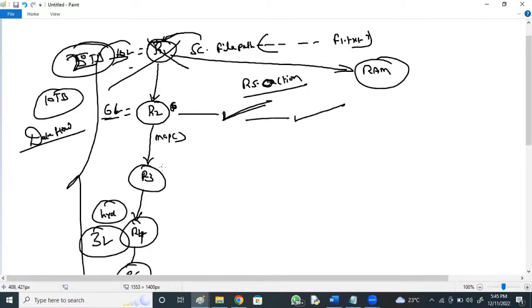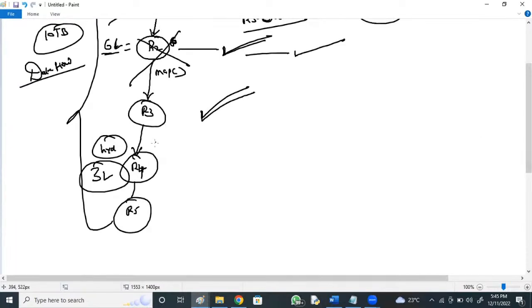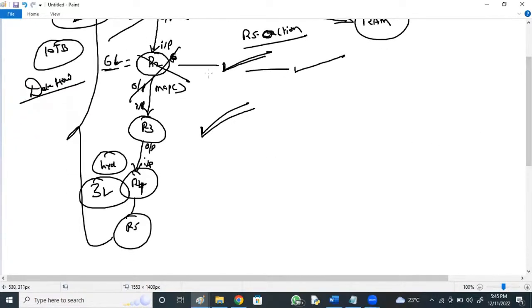Now R3, the result we get. When R3 is computed and ready, R2 gets removed from the RAM. Only the current RDD will be present within the RAM. R1 output is taken as input by R2, R2 output is taken as input by R3, R3 output is taken as input by R4. Once R3 is ready, R2 is removed.